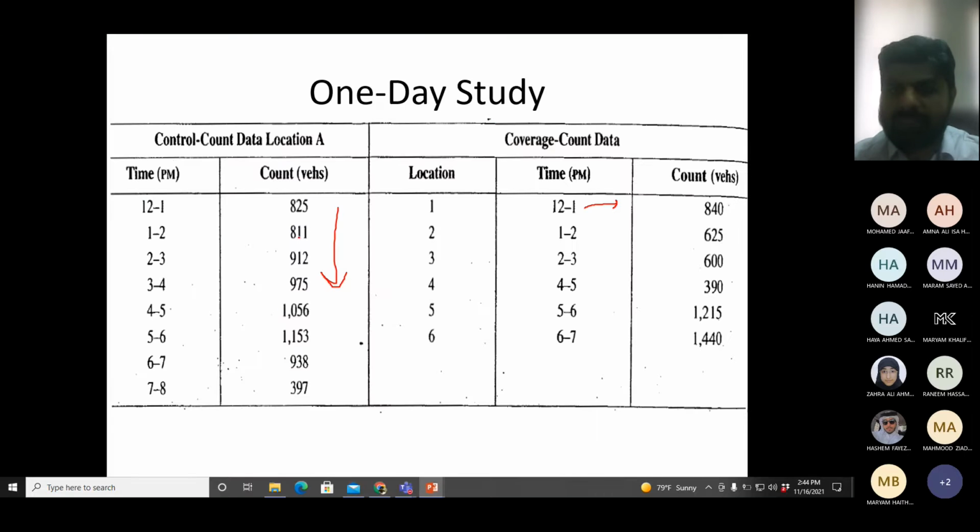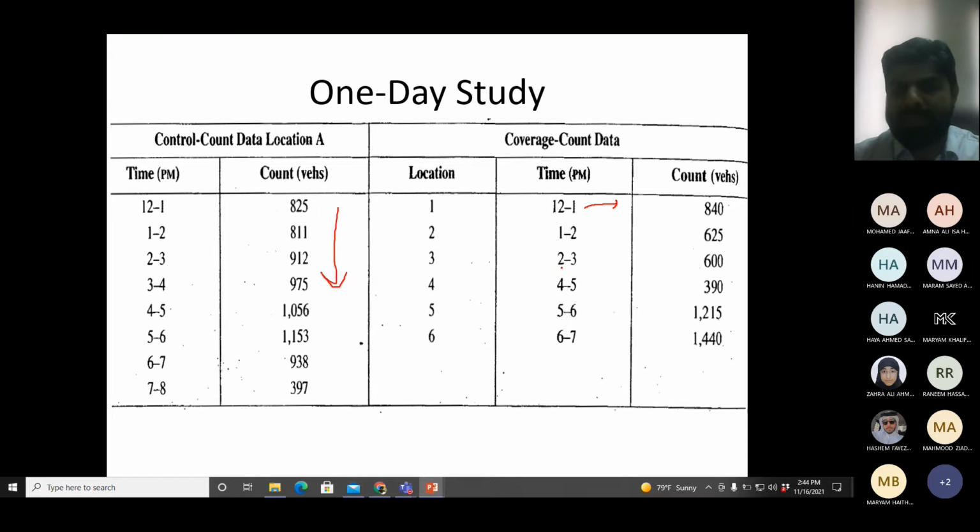4. So you see, I had 6 locations and I had 8 hours. And I already selected that I will spend 1 hour on each location. So to cover 6 locations, I can do it in 6 hours. So I had 2 hours which I spent doing nothing. For those 2 hours, I did not collect the data, which was not required.